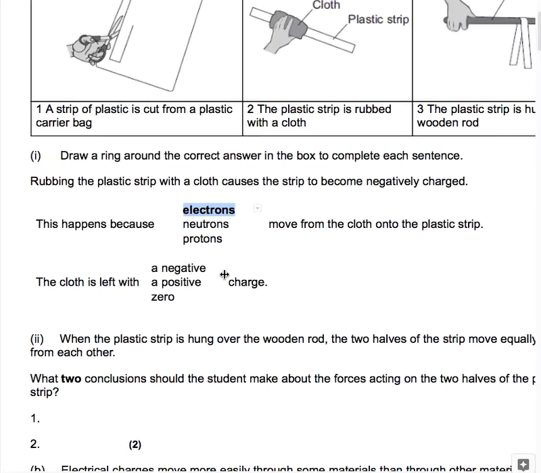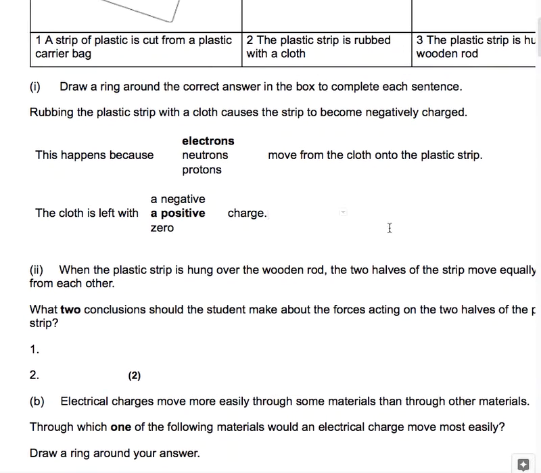The cloth then will be left with a positive charge because it has lost negative electrons. And while I think about it, never talk about positive electrons at GCSE. They do exist, but don't talk about them because, again, in this context, positive electrons could lose you a mark, not just not gain you one, but lose you one. So,